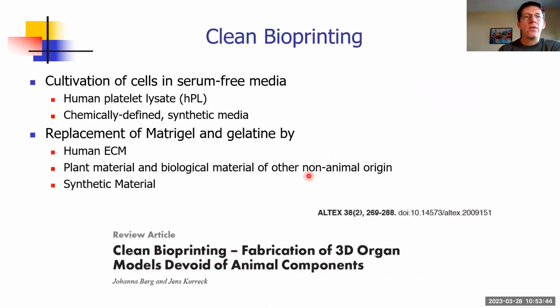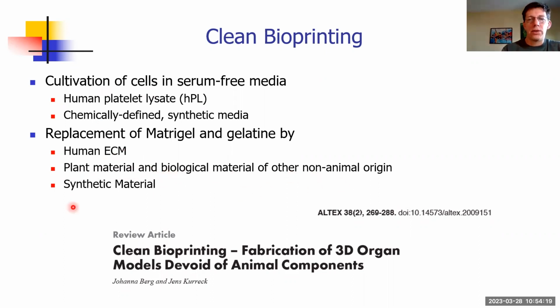The second big part is, of course, the use of fetal calf serum, and probably all of you know this long discussion on the harvesting of FBS from fetuses of slaughtered cows. And here we suggest alternatives, either human platelet lysate, or even better, a chemically defined synthetic media. For Matrigel, we can either use human ECM, which is not easily available, or plant material or other non-animal material